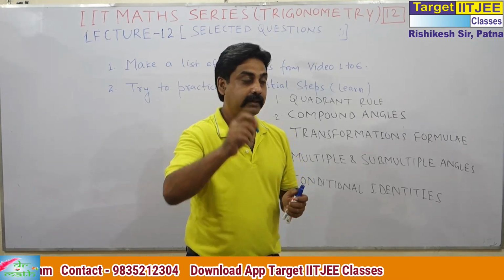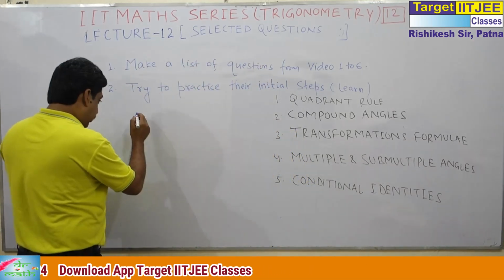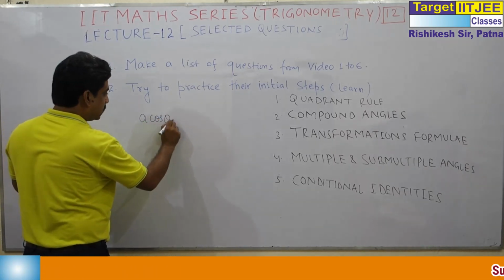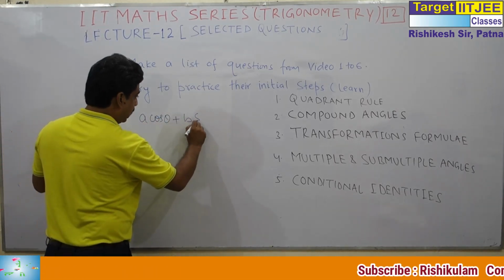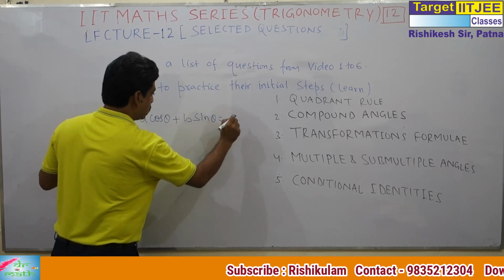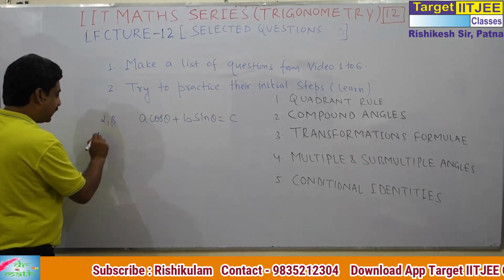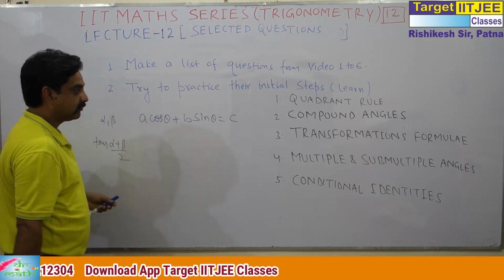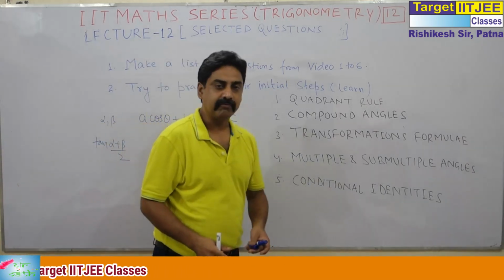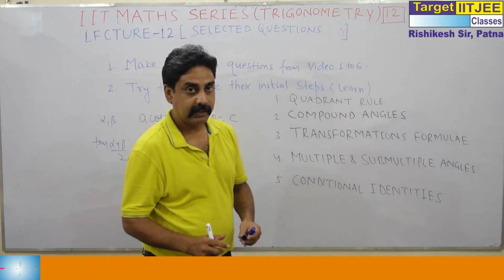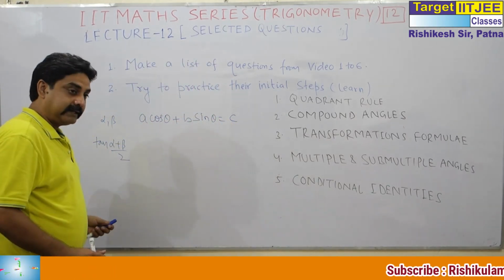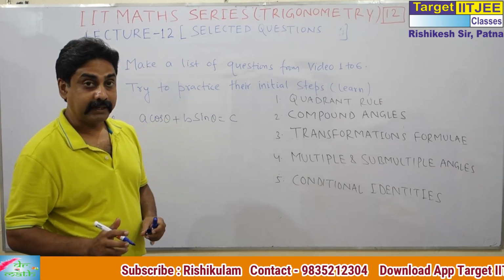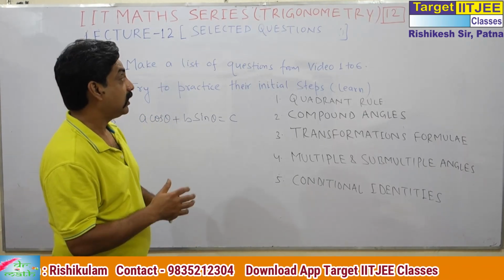For example, take this question. If roots of this equation be alpha and beta, find tan alpha plus beta by 2. This is one of the questions, either in 4th or 5th video, probably in 5th video. Can you recall the proceeding? क्या proceeding इसका आपको याद है? तो what is the proceeding? See how you have to recall.